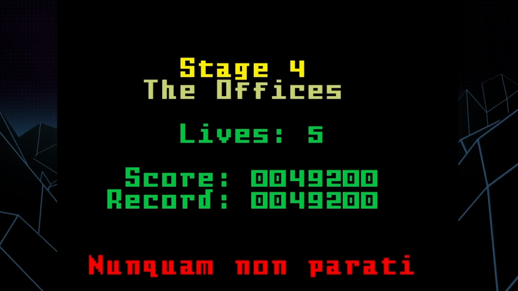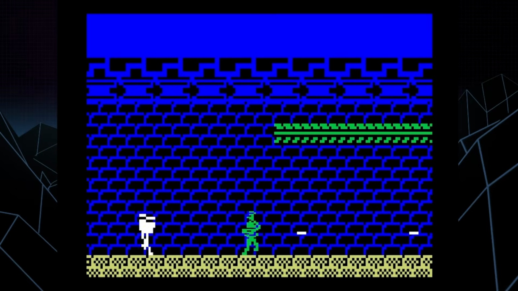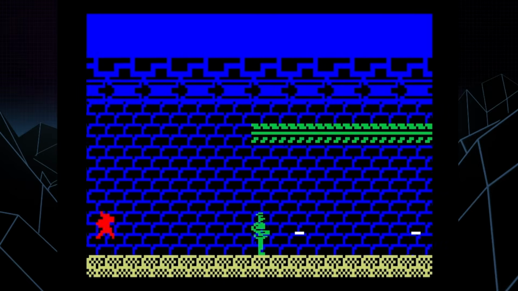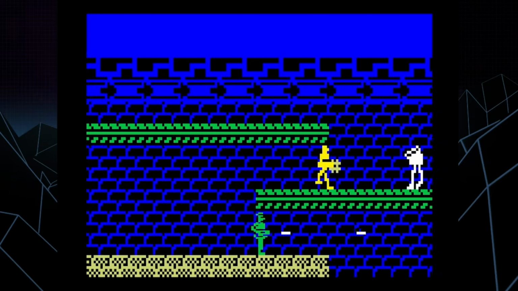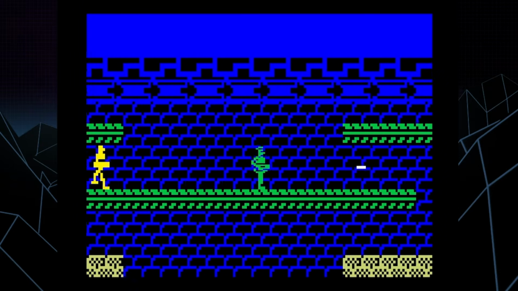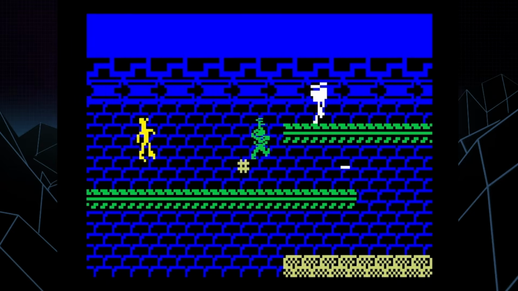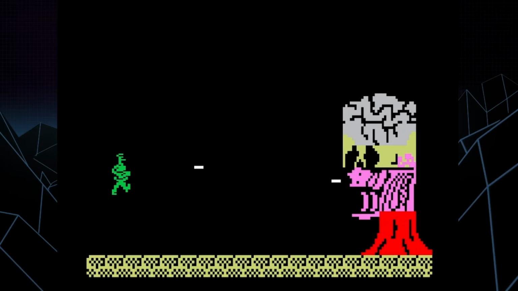Stage 4 is the offices, and with the Latin for never unprepared as our motto, we head right into it. Here the new enemy type is the walking robot. Honestly, not particularly scary as long as you keep blasting. They're full-sized and don't shoot, so you'll just have to be wary of their skittish movement. This level is really straightforward, and getting to the end, we encounter the penultimate boss, this massive head with an